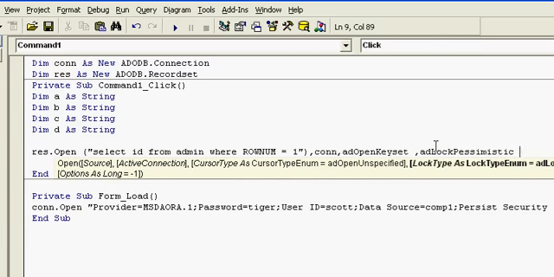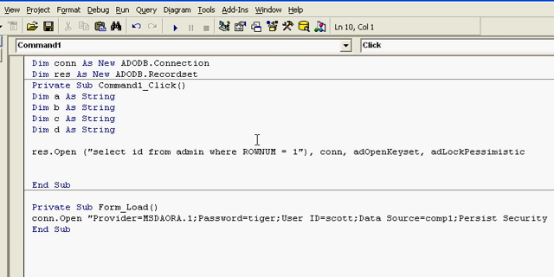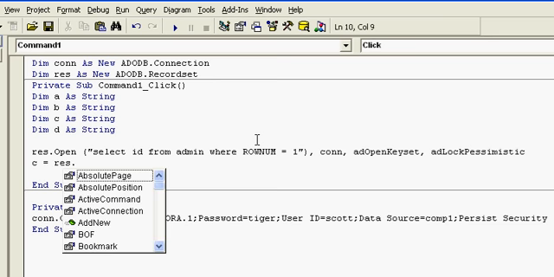Now after this we will get the string from the record set. So I will use C equal to record set dot GetString.